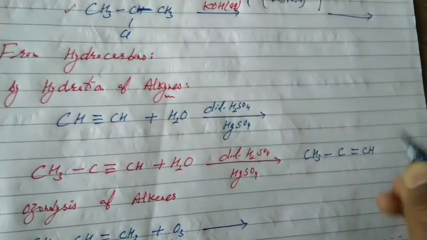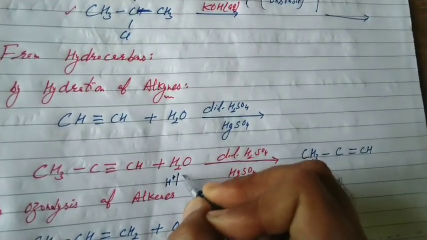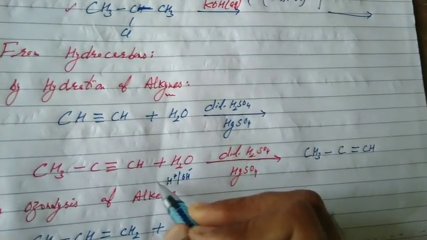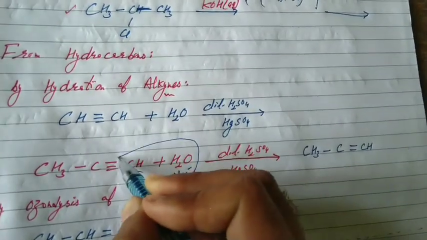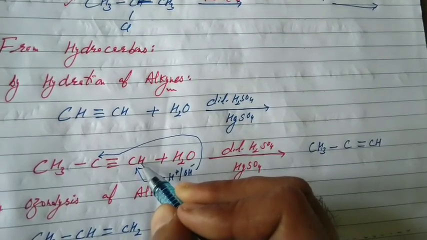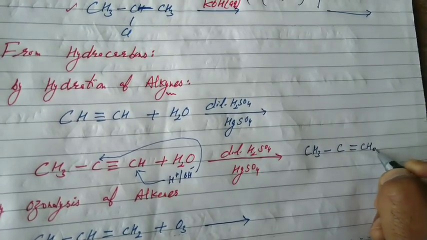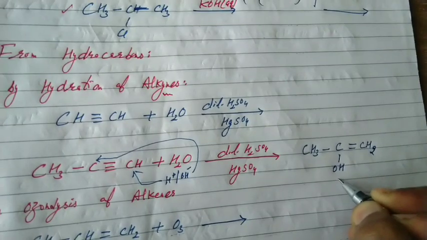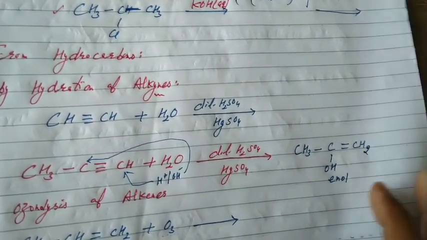Now in this alkyne, addition proceeds according to Markovnikov's rule. You know water contains H and OH ions. According to Markovnikov's rule, the positive part goes to the double-bonded or unsaturated carbon containing more hydrogen atoms, and the negative part links with the carbon containing fewer hydrogen atoms. It is an unsymmetrical alkyne. I am sure you know it, we call it enol. It contains a double bond and an OH group, it is called enol.